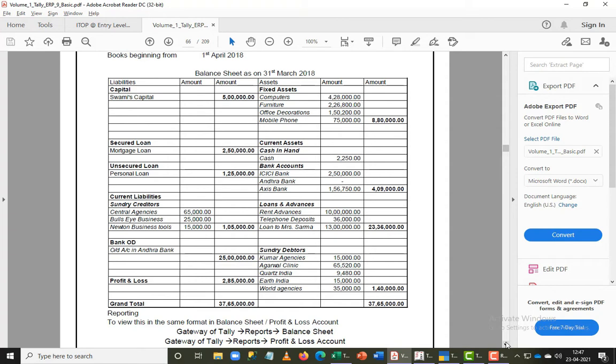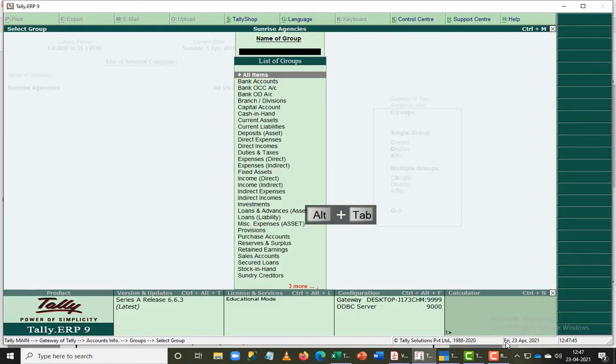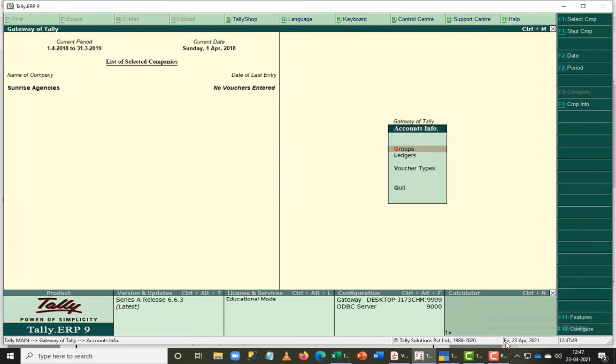And fixed assets, current assets, cash in hand, bank accounts, loans and advances, sundry debtors, everything falls in the group for us. Profit and loss account is not a part of group, it is a part of ledger. Probably I'll give a small idea or more about it. When you come to Tally, whether you are using Tally ERP 9 or Prime, you will never create a group in most situations. I will not say that you will not create a group at all, but in most situations, a group is not demanded from the end user. Very rarely do we touch that.